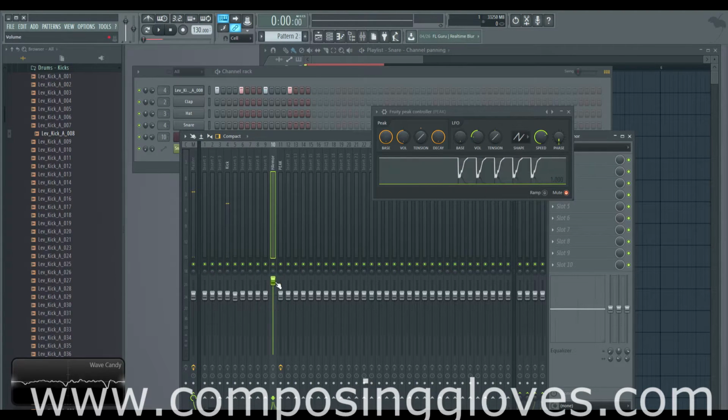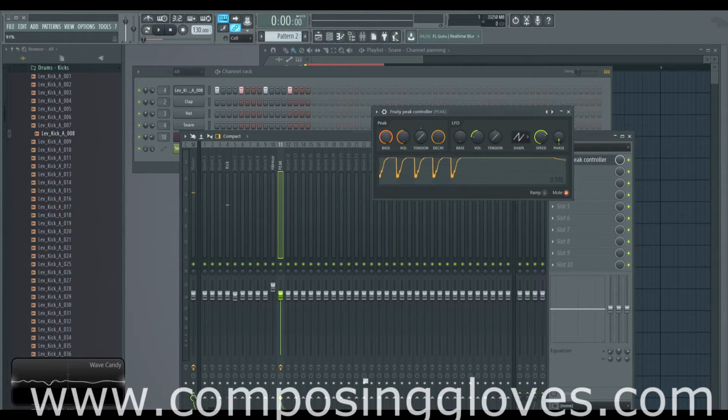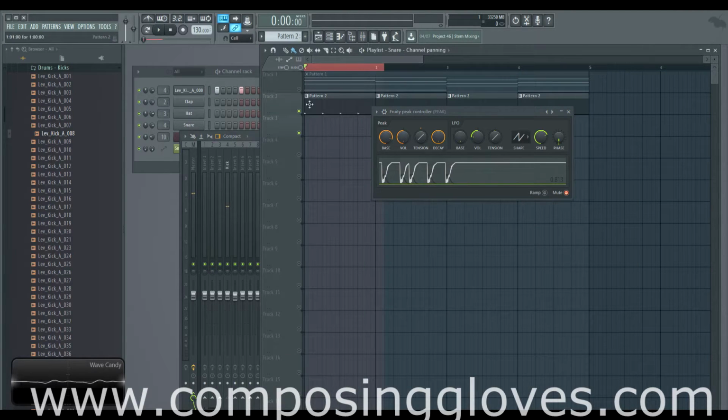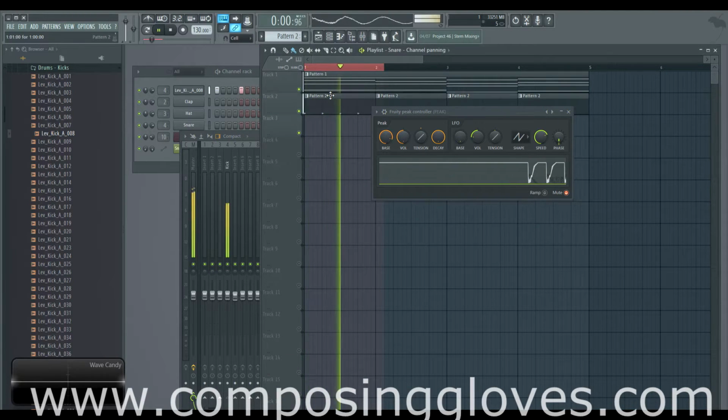Now you see it's coming all the way up though. We don't want that. So we're going to take our base value down to about here, which is where we want our fader at. Now, I actually probably want my fader lower, which is another reason why I wouldn't necessarily want to do this with the peak controller. As you see, it's moving our fader according to our kick. And as we turn this back on,